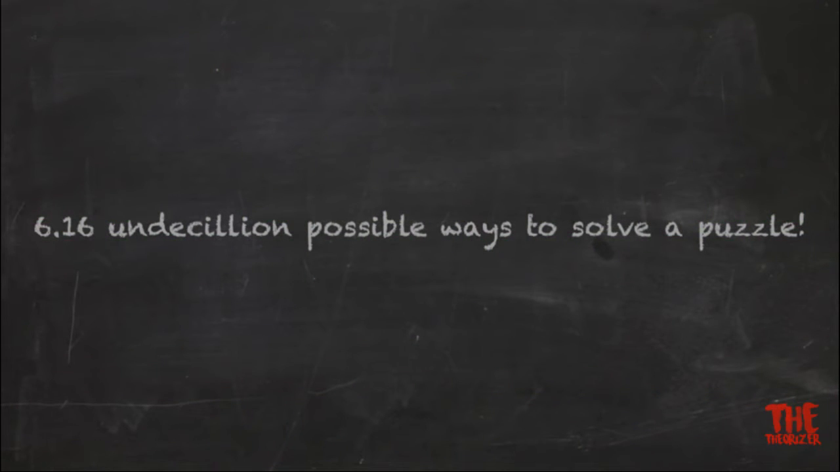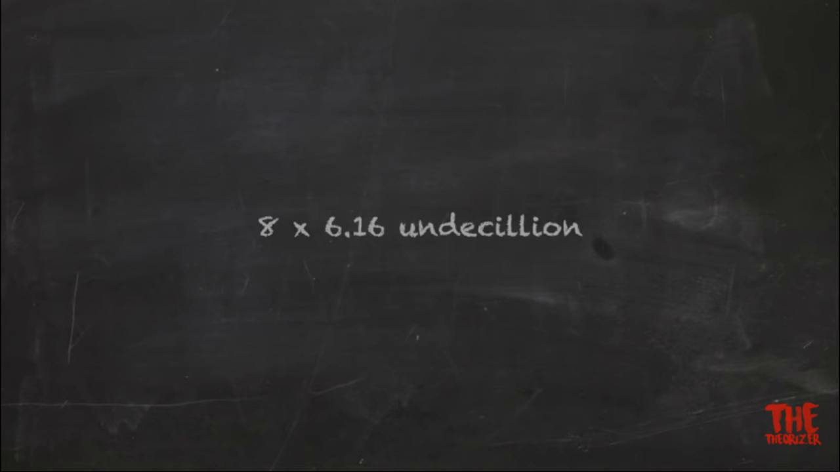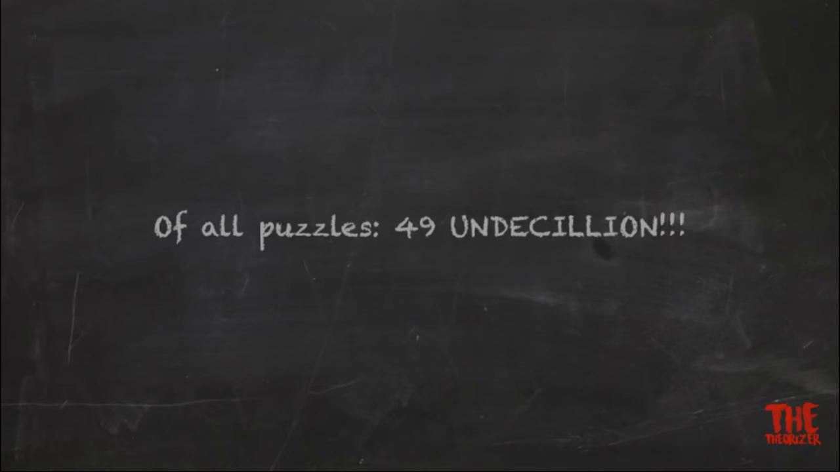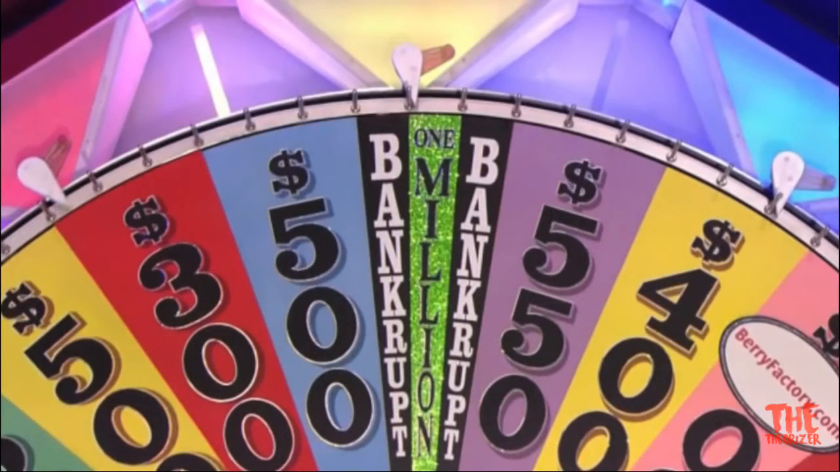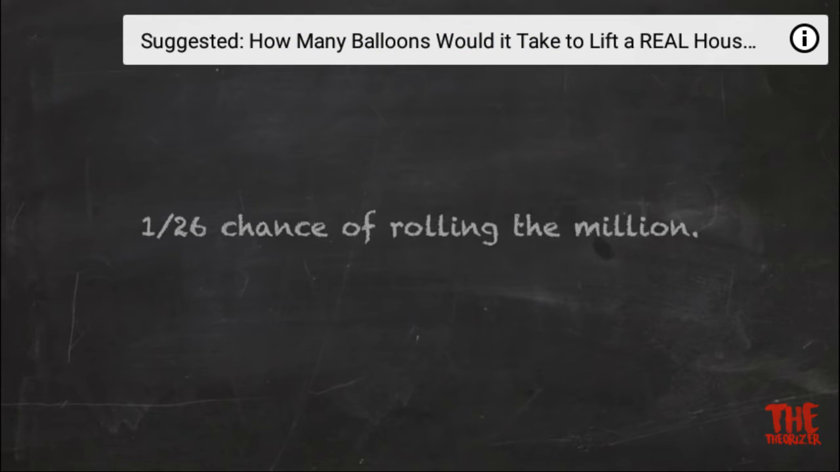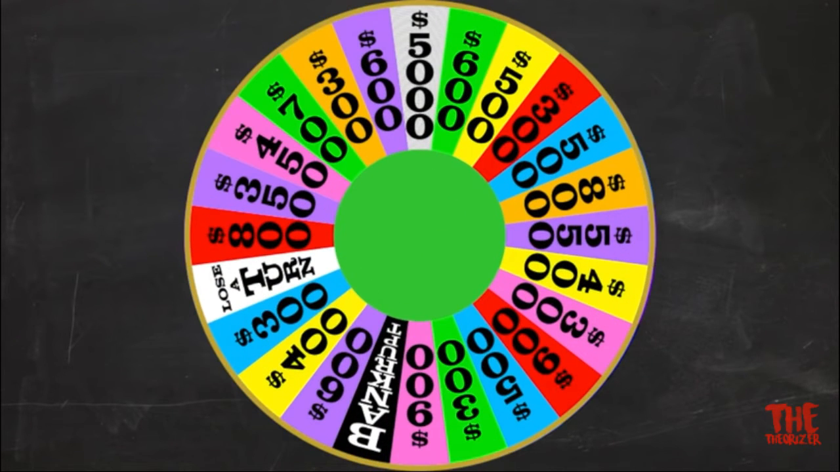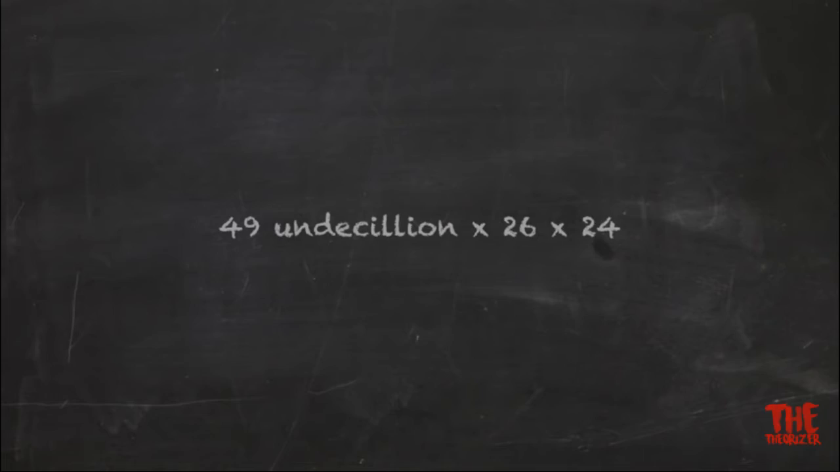6.16 undecillion. That number looks like this, stretched out. Oh my god! But that's only for one round. Whoa. And since Wheel of Fortune averages at 8 puzzles per episode, simple multiplication lowers the stakes even further and makes it 49 undecillion. But we're talking the million. So what's your chance of spinning the million? Well, there are 26 spaces on the board. So you've got a 1 in 26 chance. Also, factoring in the bonus wheels, 24 spaces, and merging the low probabilities together in with our extremely low probability,